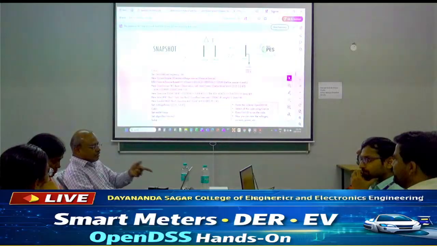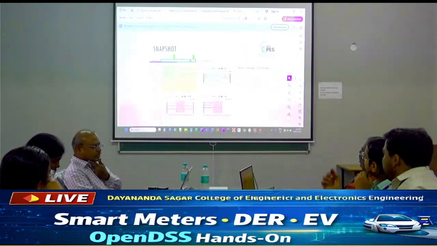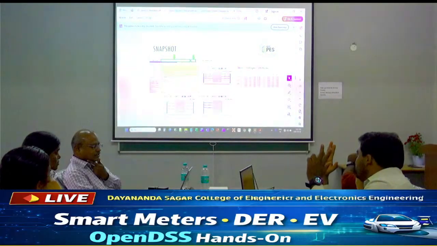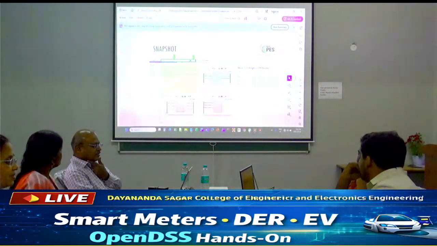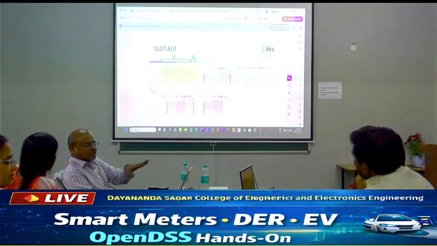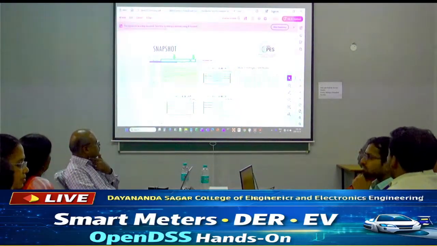Okay, and in the PDF I have also given the instructions. So if you want to see the voltages, show voltages, you can see the load nodes, right? I give you instructions on what you want to select. Okay. So,